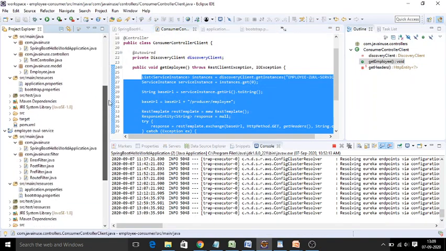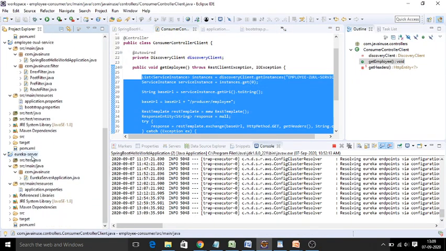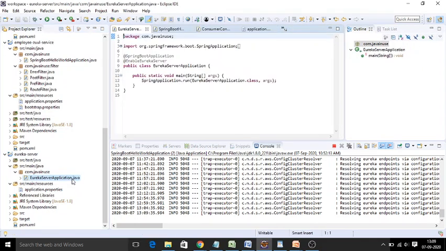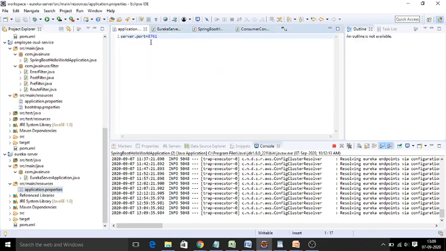You can observe here we have, first, the Eureka Discovery Server. As usual, the Discovery Server application is enabled with @EnableEurekaServer, and it is provided with port number 8761, so your Eureka Server is deployed and running on port 8761. For this Discovery Server, we have configured 3 client applications: one is employee producer, one is employee consumer, and the other one we need here is called employee Zuul service.